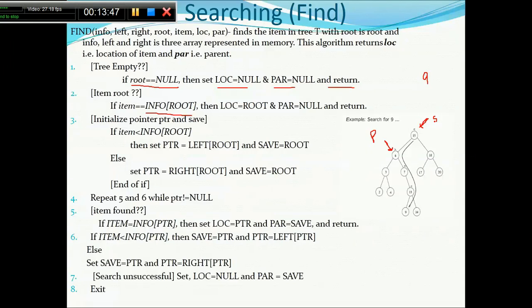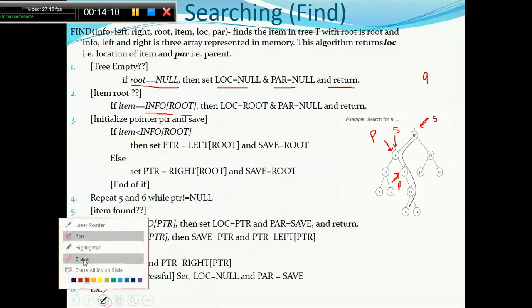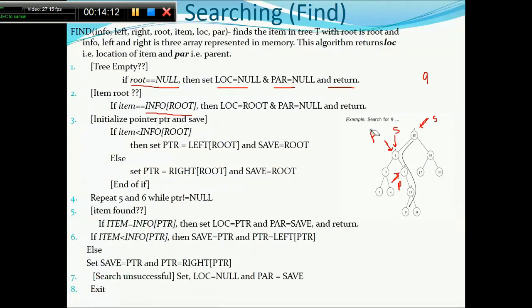It says whatever the PTR is currently pointing to, copy to the save. So the save will start pointing to this node, and PTR is equal to right of PTR. So the PTR will now point here. The same example that I discussed in the previous slide.